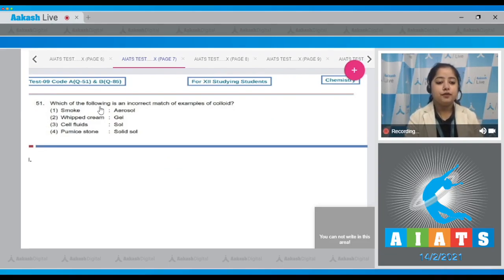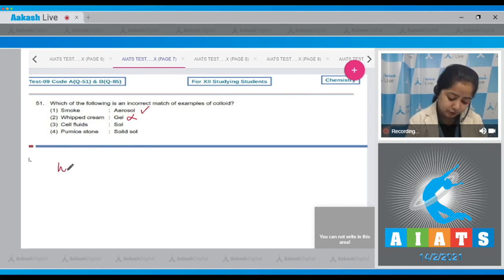Let's read it. Which of the following is an incorrect match of examples of colloid? Let's start. Smoke, aerosol. Student, this is a correct match. Whipped cream, gel. Student, this is an incorrect match, as whipped cream